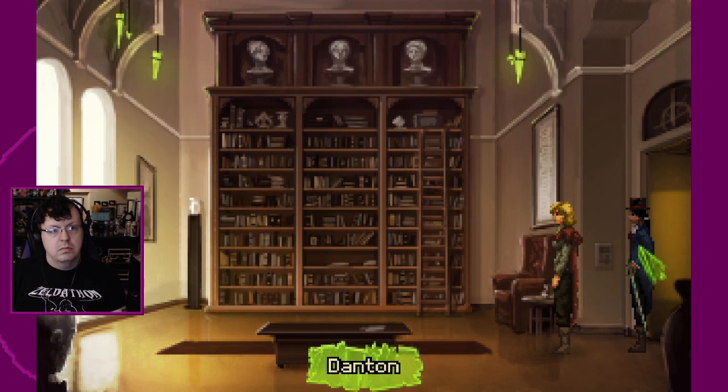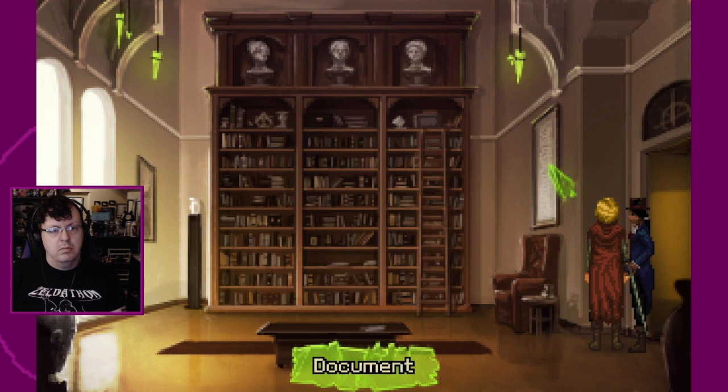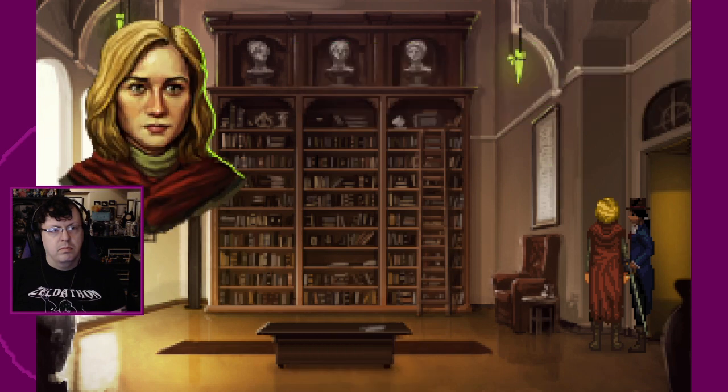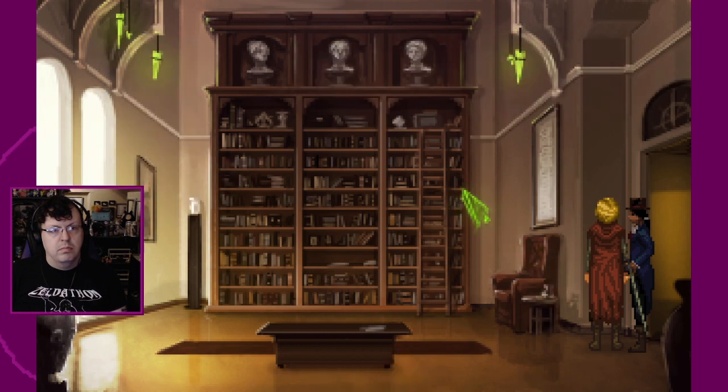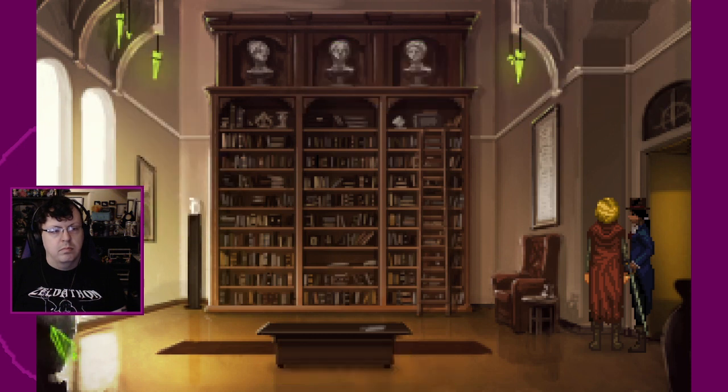Time is of the essence. Okay. It hasn't got much except a reset button. No need to press it. The elevator's working fine. Okay, so we know that's a thing. Some government document. Probably establishing new laws or something. I have a more pressing... Unfortunately... I'm not... I can't...